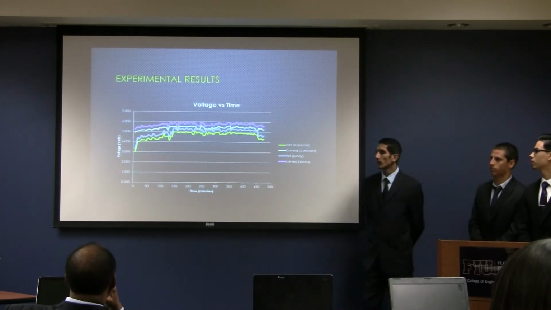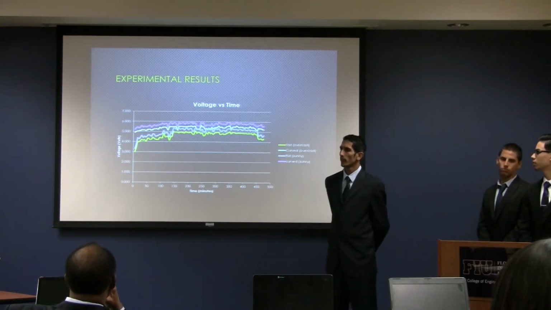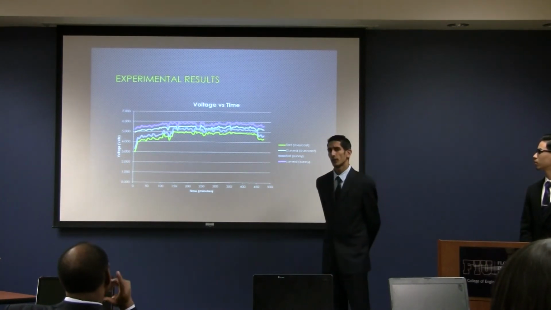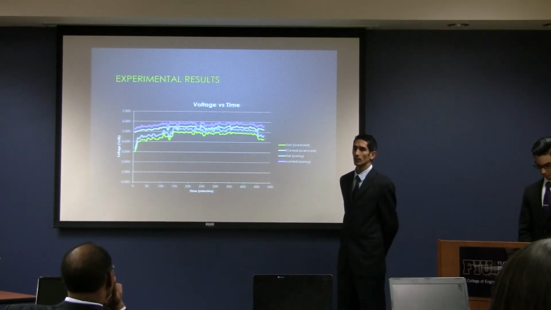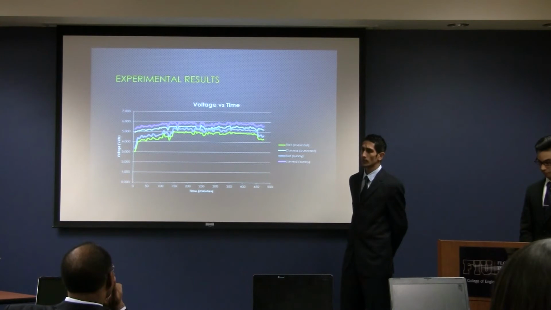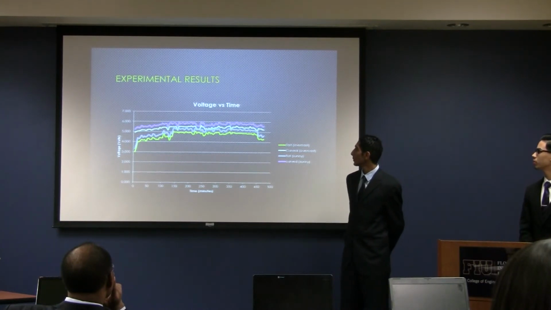Okay, after doing the experiment, here's a graph of voltage versus time for two different panels, flat panel and curved panel. We did the testing of two different conditions, sunny day, which is an ideal condition, and overcast day, cloudy condition as well. As you can see, the voltage does not change for both panels. And following the current versus time graph,